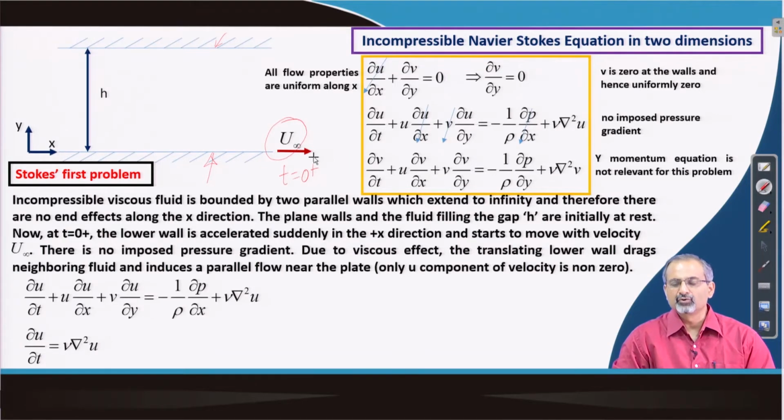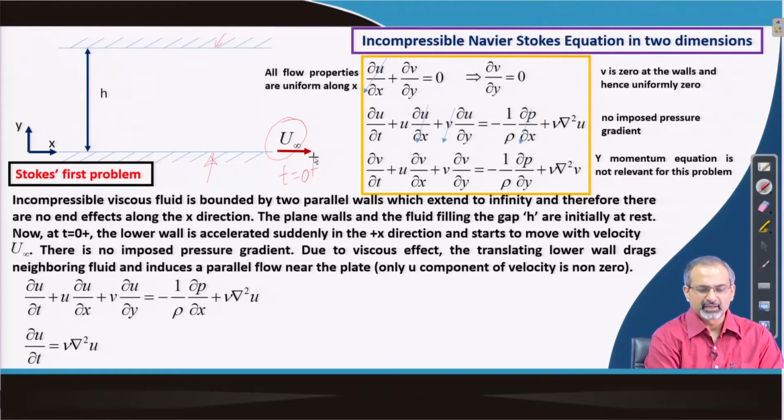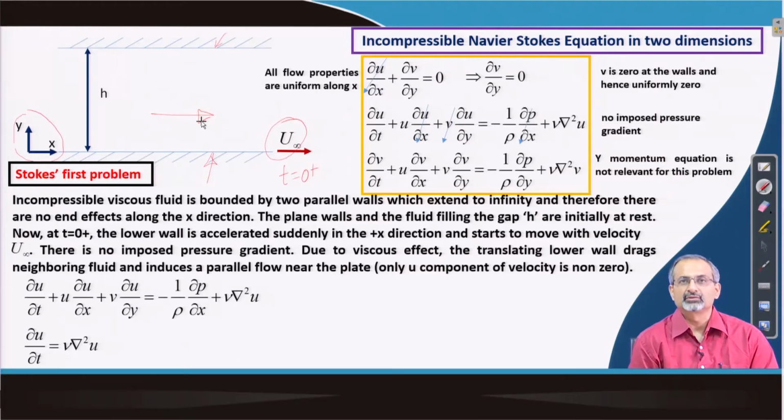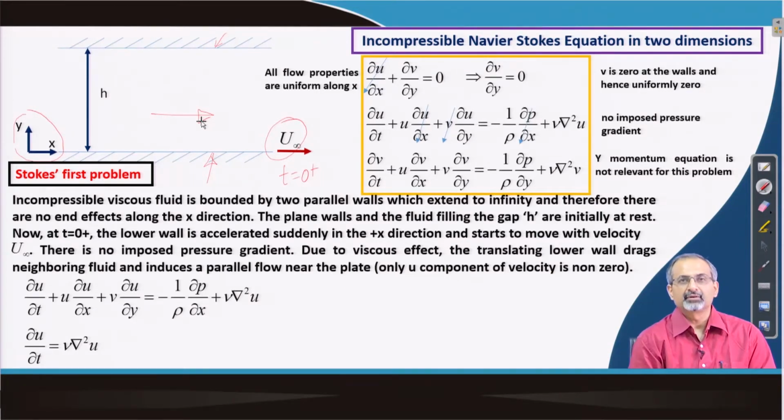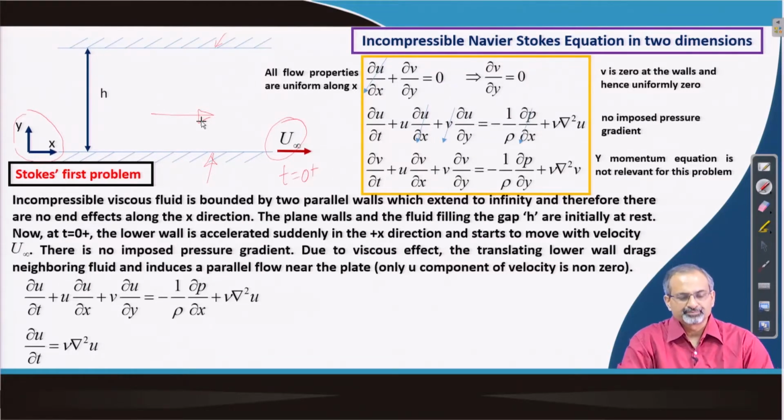Here we invoke it in 2 dimensions because we can very clearly see 2 dimensions here, the x direction and the y direction. X is along the length of the walls of the plates and y is normal to them, and we have a gap of h separating the 2 walls, and this problem is known as the Stokes First